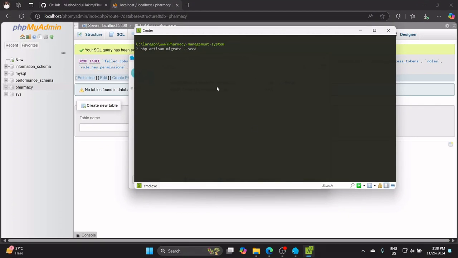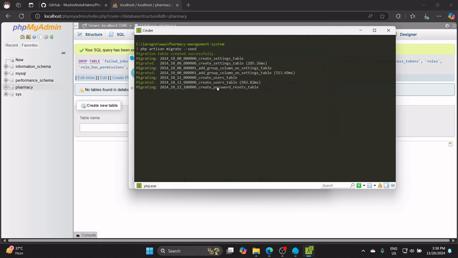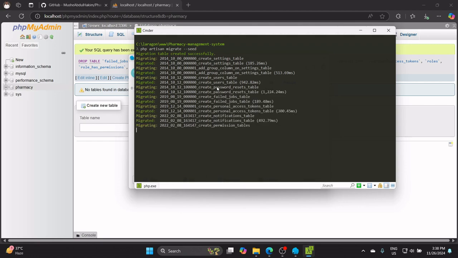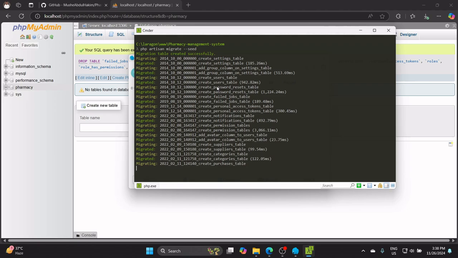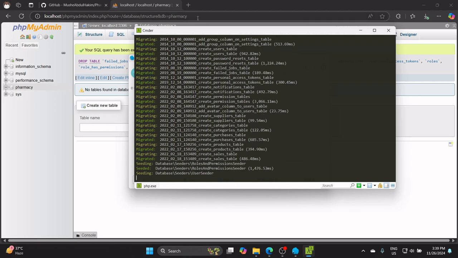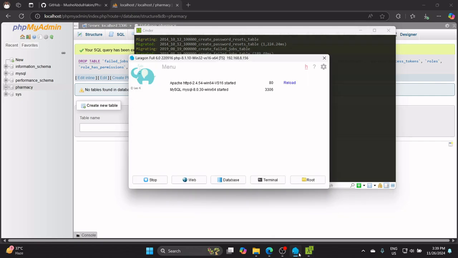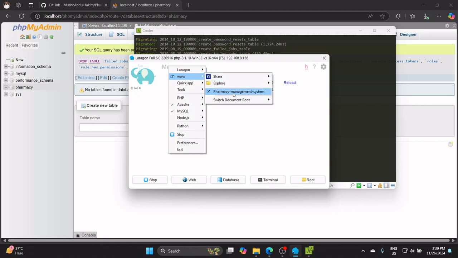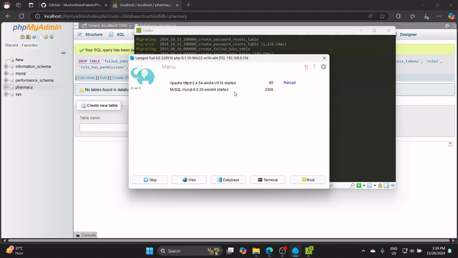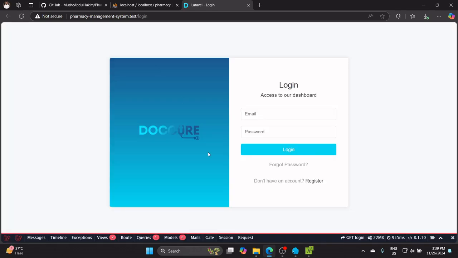This will basically run the migrations and seed the database with the default user, the roles and permissions for the application, so that we'll be able to log in afterwards. So let's wait for it to finish. Once it's done, you need to open up your Laragon, go to menu, click on www, and then click on the pharmacy-management-system. If you want to rename it, basically the folder name will appear, and then you can click on it to open up the application. This will load our login page,